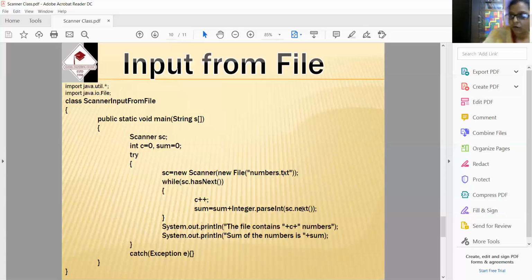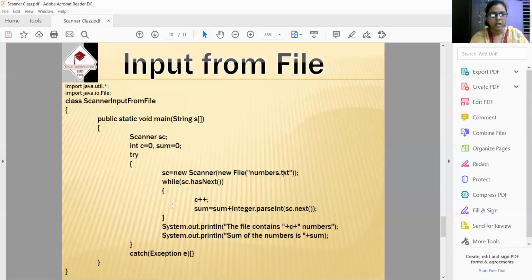Using next, already studied in the string class, string input, you have taken that string input with sc.next, and that string input has been converted via the parseInt method, a static method present in the Integer class. Using this syntax, the string has been converted to a primitive integer. Then the primitive integer will be added to the primitive int variable sum and again stored within sum.